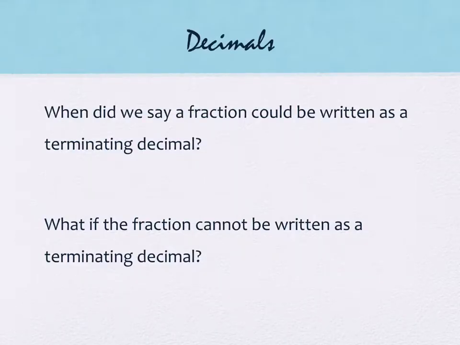So when was it that we said that a fraction could be written as a terminating decimal? What were the conditions to making that happen? Okay, say it louder for me, Cassidy. Okay, what has to be divisible by 2 and 5? Okay, so I'm going to expound a little bit upon that, but the 2 and the 5 are really important. So the denominator